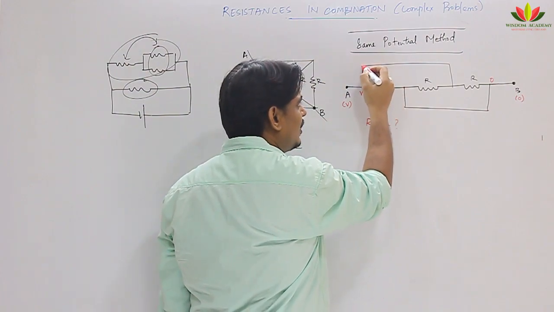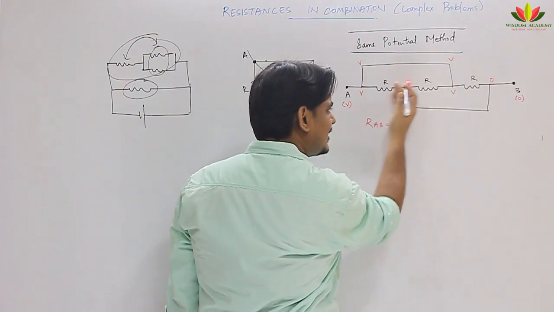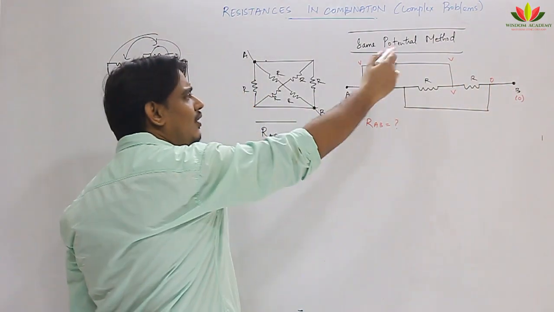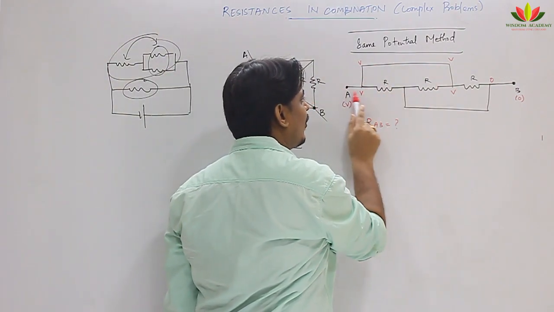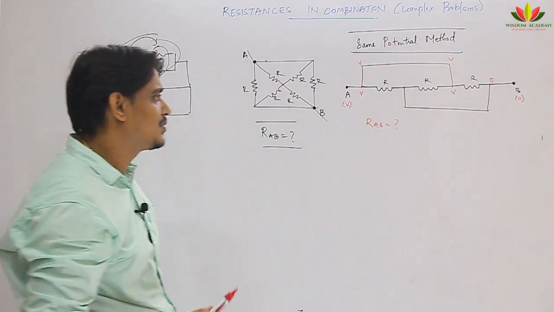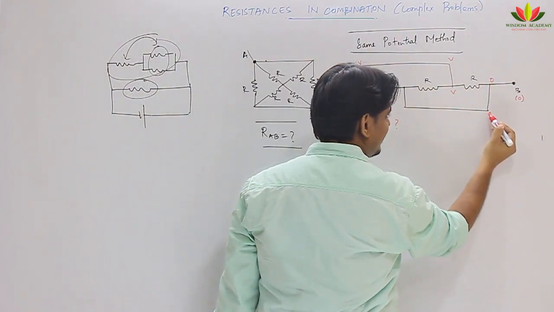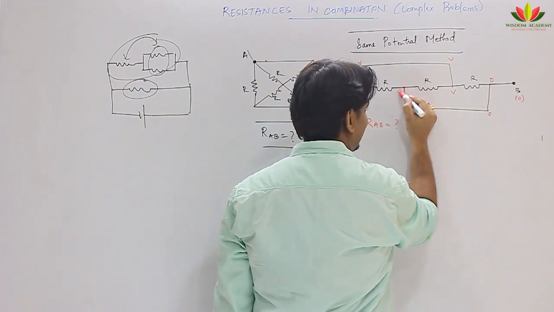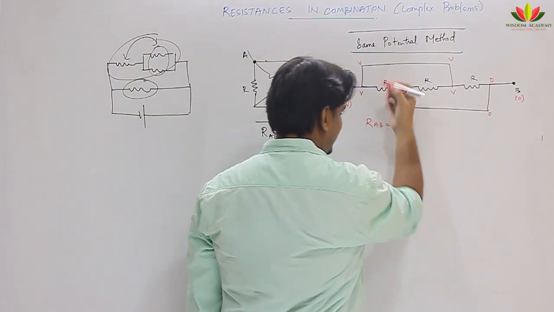But if you go in this path, this point is V, this point V, this point V. Why have I drawn all these points as V? Because there is nothing coming in the way from here till here. There is no resistor coming, so there is no potential drop. In the same way, if this is 0, here it will be 0, here it will be 0, and here it will be 0.